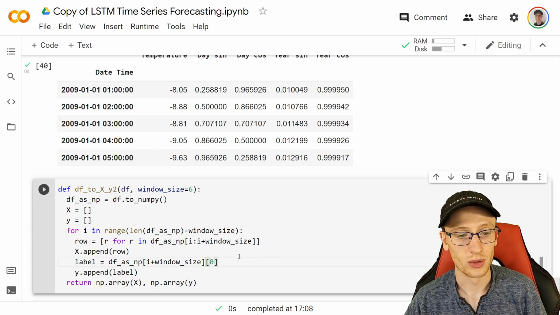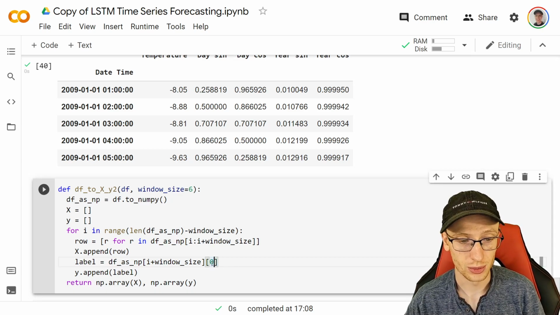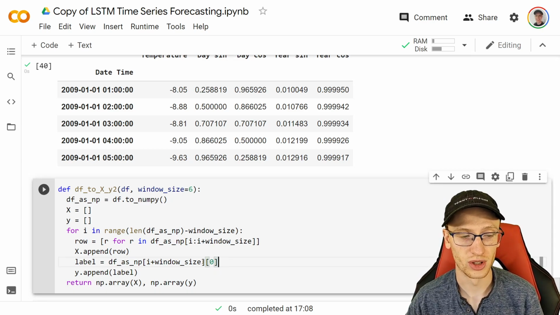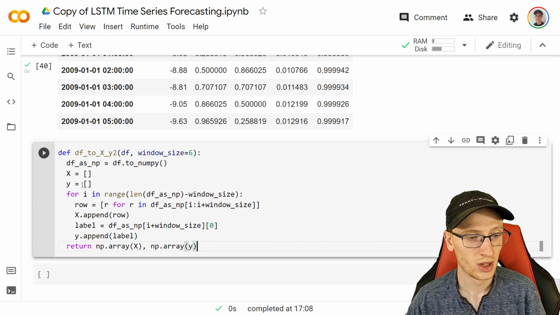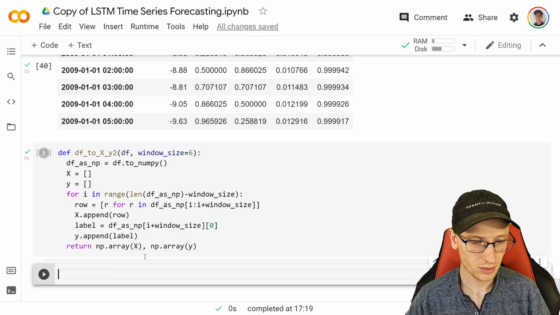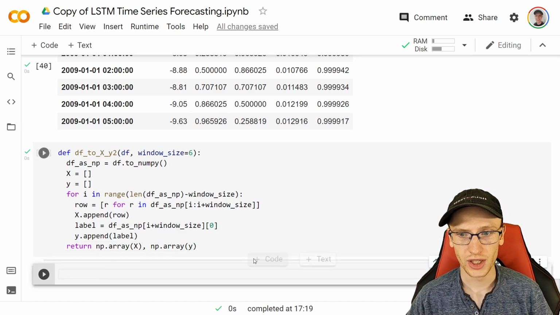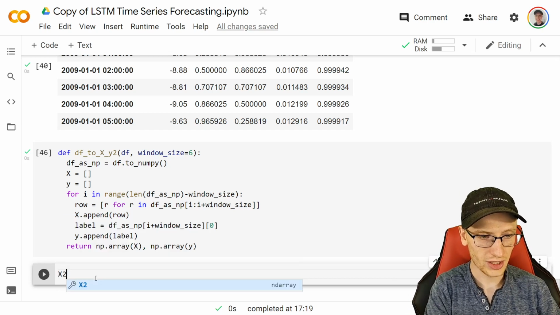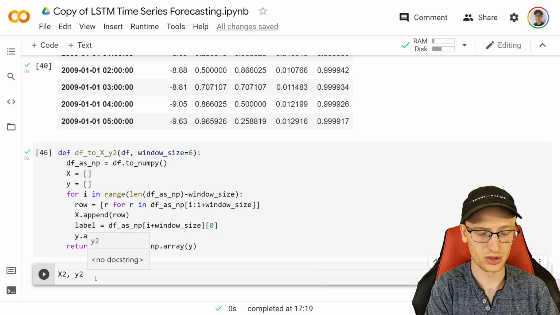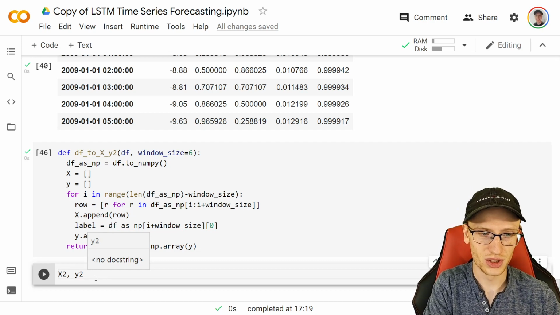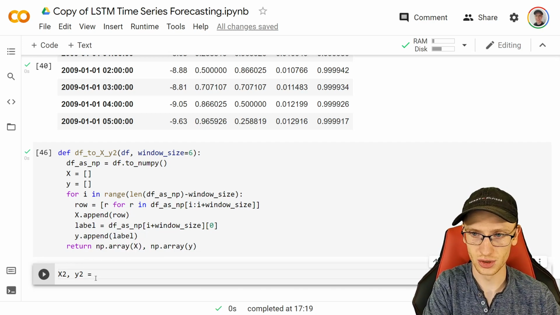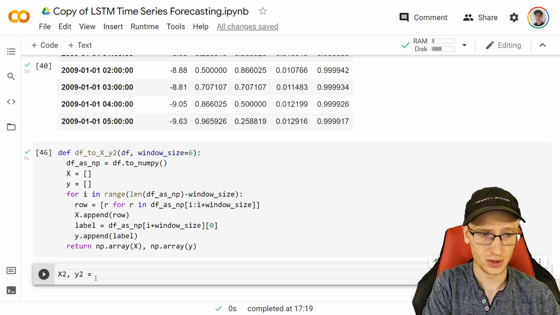And remember, if we want to forecast multiple variables, we could actually make this multiple pieces of information, as we will later. But we want to make that sub-0 so that we append the right label on there, just the temperature value. So if we run that, I'll just write it out for you, it's pretty easy. x2, y2, we're just sticking with the 2's from before, sorry about that. x2, y2 is going to be